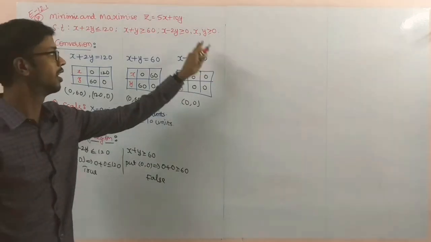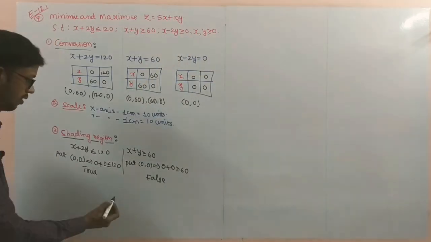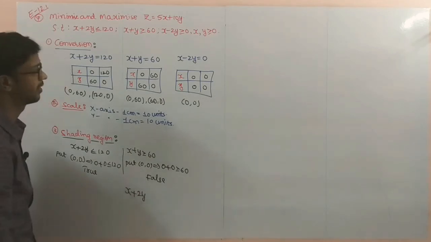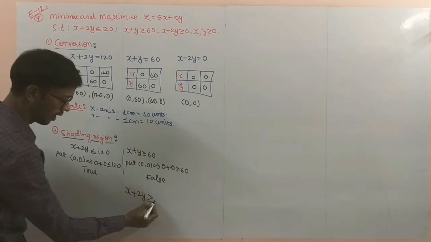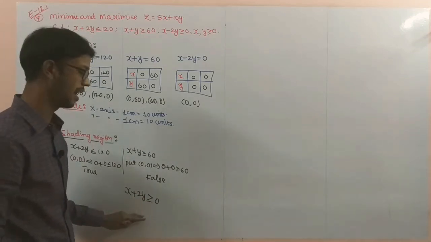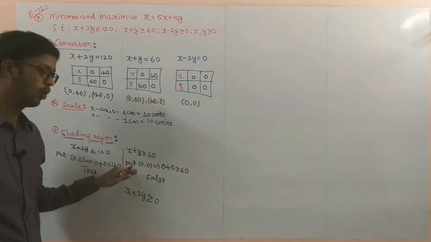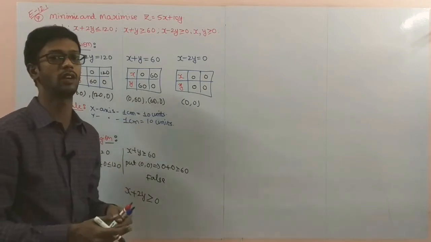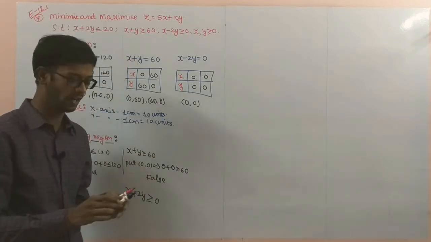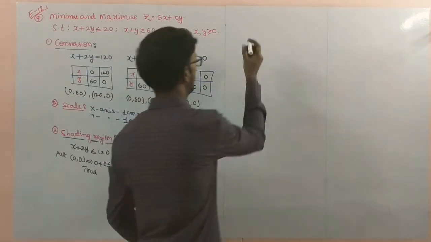And the next one is a special case. You write here x minus 2y greater than or equal to 0. What we are substituting, we will see at the last point. Don't put 0 comma 0. If you put 0 comma 0, you won't get any useful value. Why? Because we can understand that from the graph.